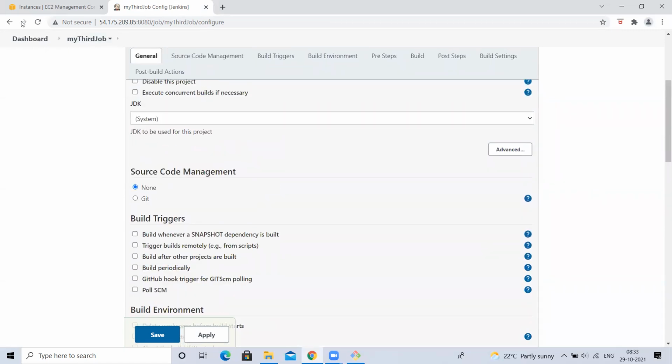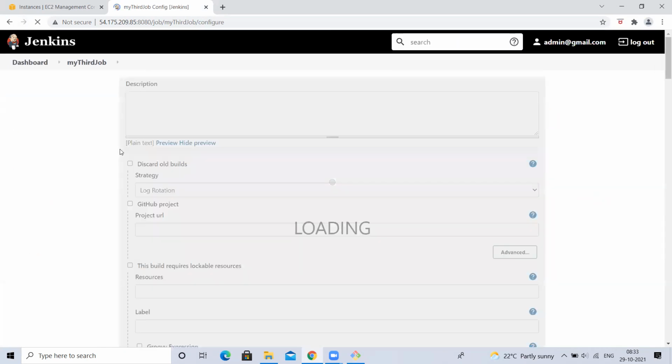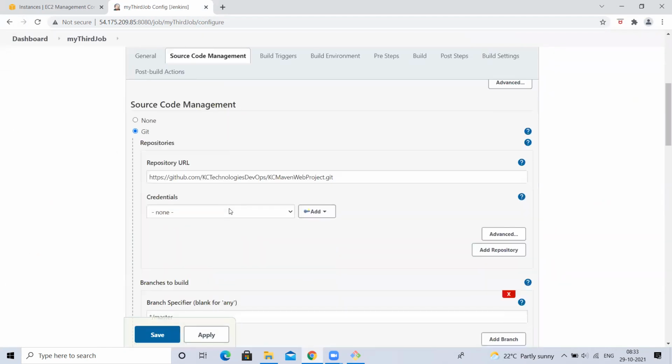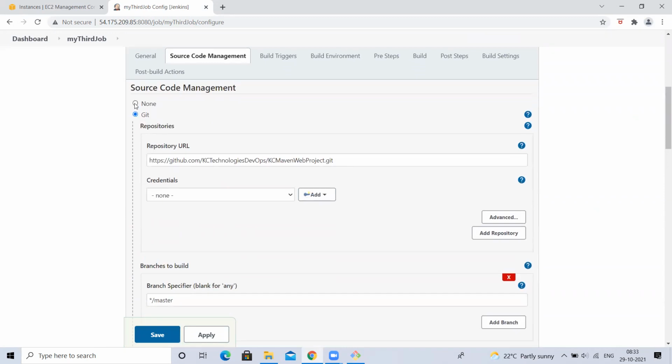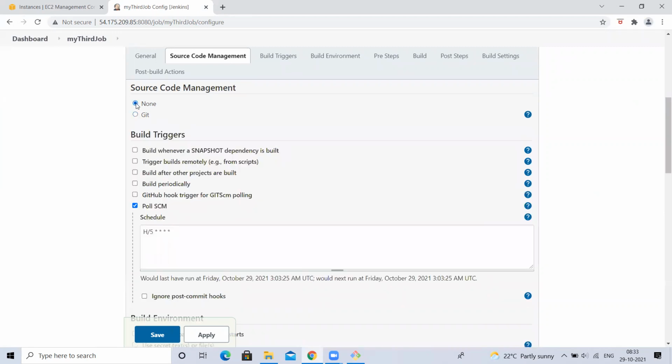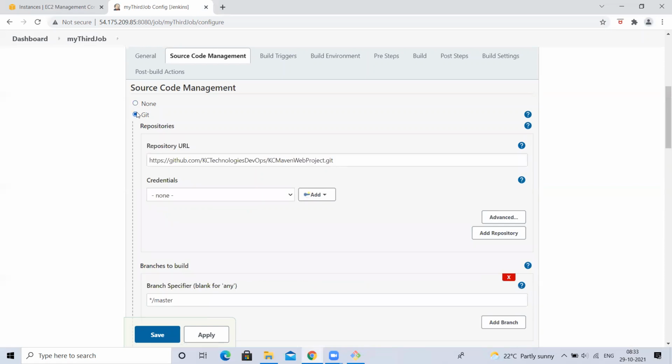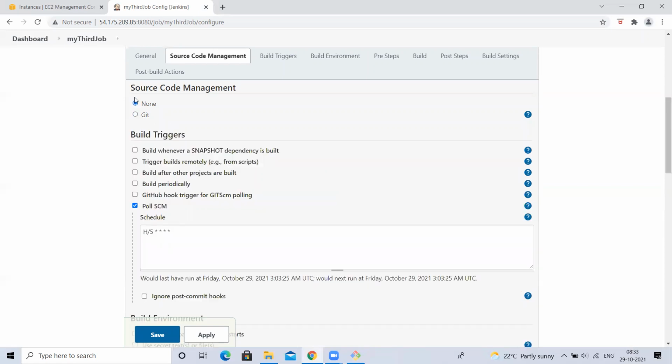Okay. Next, let me go back. I don't want to save the changes. Then come back. Now, if you don't want to use any source code management for your requirement, the job you are creating doesn't need any source code management. You can select none. If I want to use my source code management, but that is Git, you can use it. My source code management is SVN, but there is no SVN option here. What should I do now? I have to add the SVN related plugin. Jenkins works based on plugins, so you have to add the related plugin there.